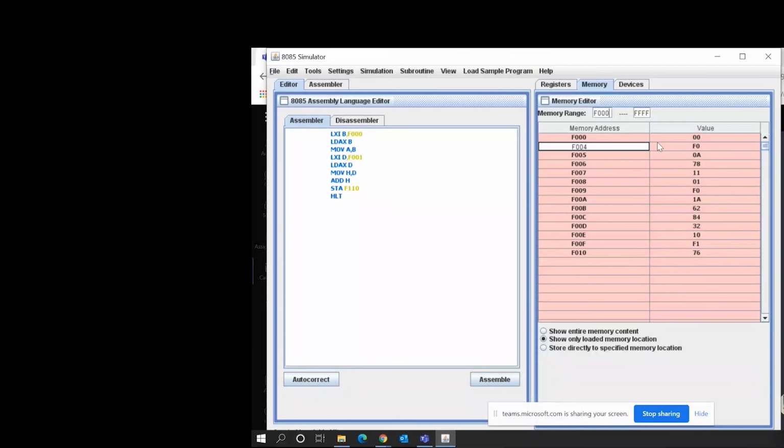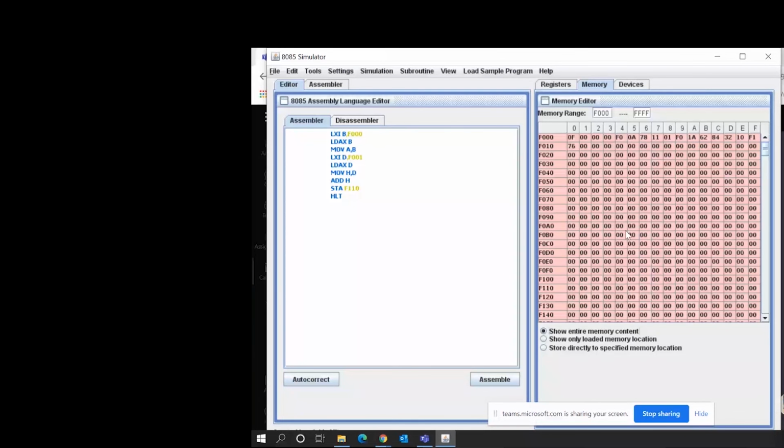Do that. And can you click on the memory address option, the first radio button below, show entire memory content? Oh my god, okay, that's scary. Click on the second one, show only loaded memory location.